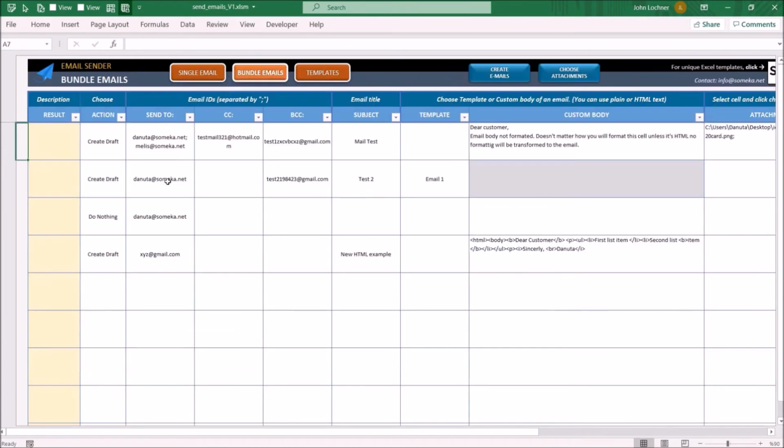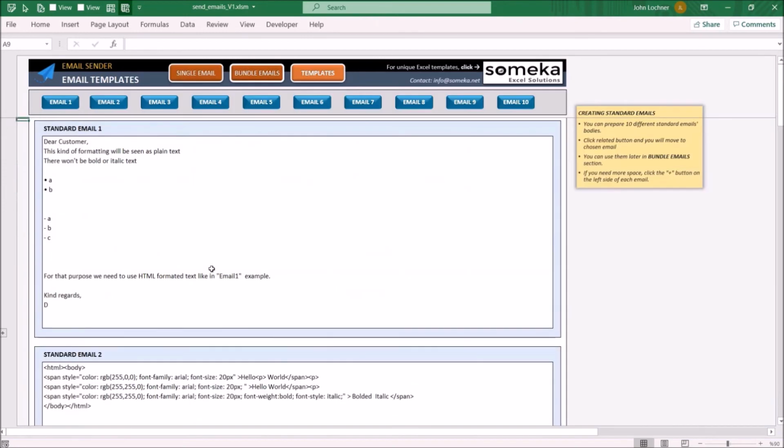And lastly, the bundle emails. As mentioned, in the bundle emails, we can send some standard emails or custom emails to a group of people or take other actions. So choose your action, type down the emails, you may also type down more than one email. Enter the title, the template that you already prepared, such as